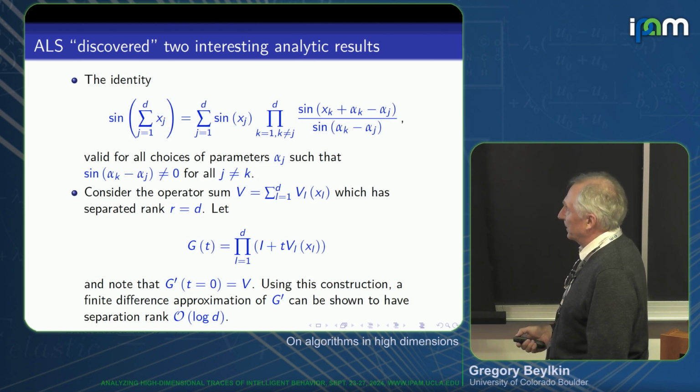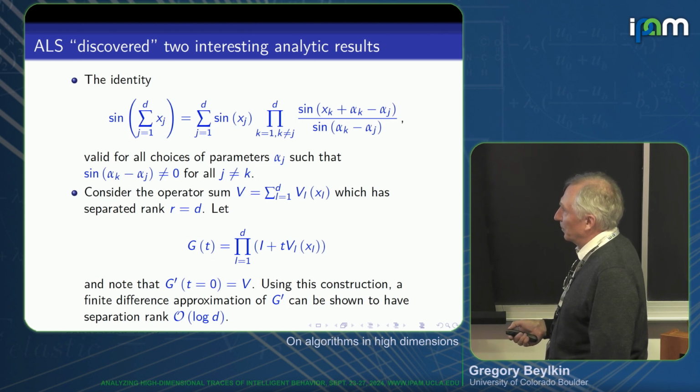Then another experiment: instead of the sine, it was the Laplacian. The Laplacian has separation rank d, but nevertheless, we decided to put it in. And it comes out like 7. We put d equal 15, it gives you 7. You put 100, it gives you 7. But now it's not full precision, it's an approximation. And here is how it works.